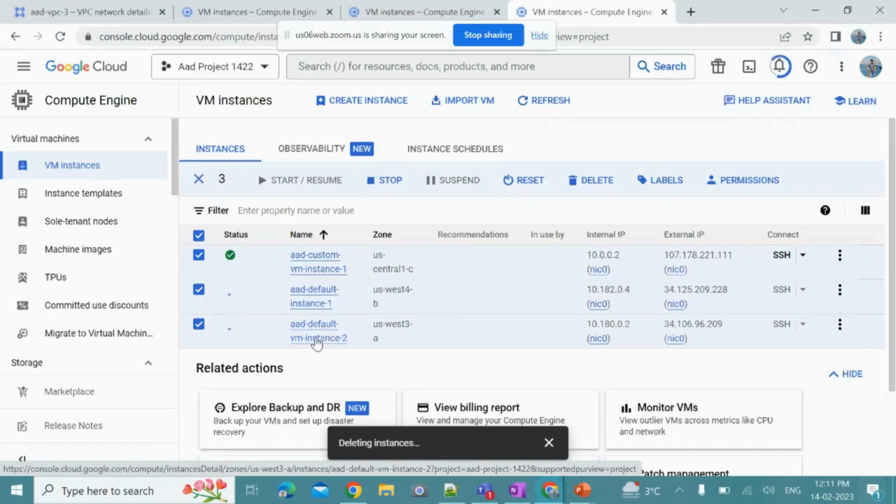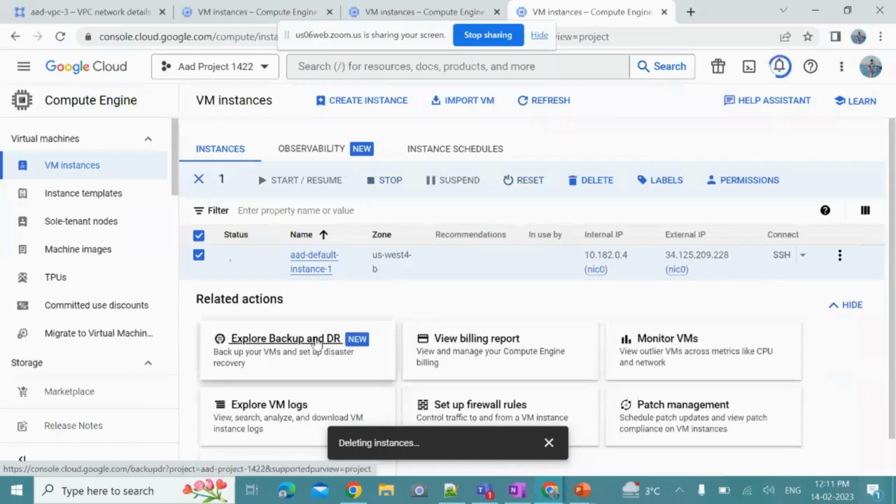We can also, while creating a VPC, define our routes. Routes tell VM instances and the VPC network how to send traffic from one instance to the destination, either inside the network or outside the Google Cloud network. Each VPC network comes with system-generated routes. Basically, these routes handle how to route traffic among different subnets and send traffic from eligible instances to